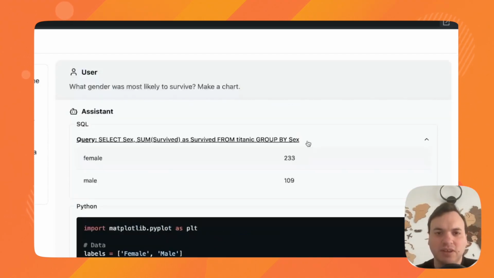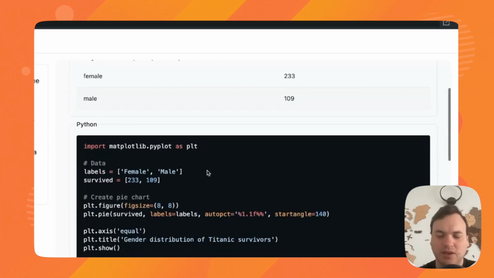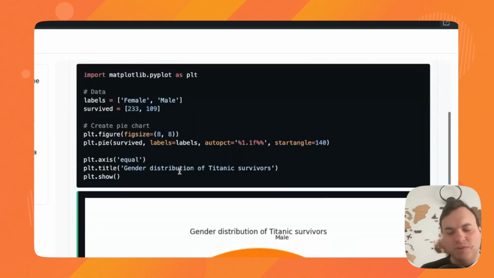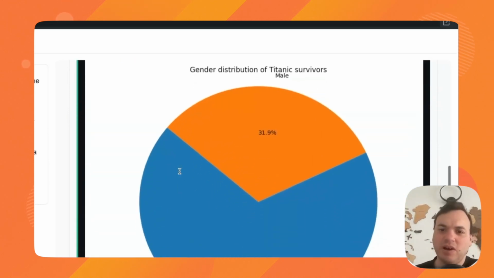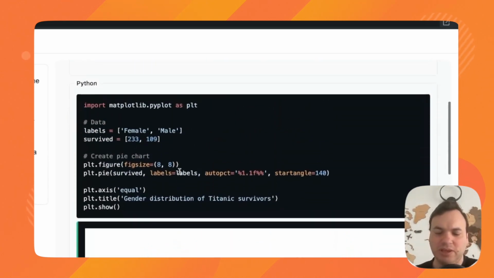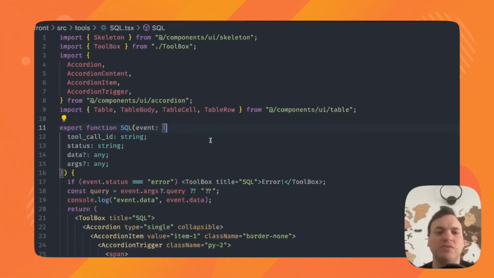And as you can see in the UI, we have created some components that let the user see exactly what actions were taken and what was the result of those actions. So here we can see a component describing an SQL query, so we can see the query and we can see the output as a table. Here we can see the code interpreter, we see some Python code, and we see the output being a matplotlib chart. Now let us look at the code.